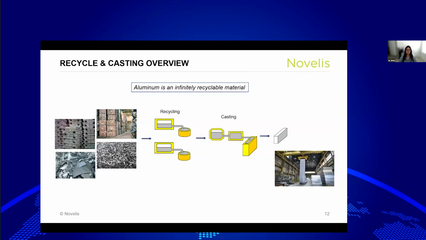So one of the cases we had that benefited from this framework is this model we built to represent the recycling and casting process. The focus here was to do capacity analysis, but there are more things that this model provides, but the main focus was capacity analysis here. And to give a little bit of context of this